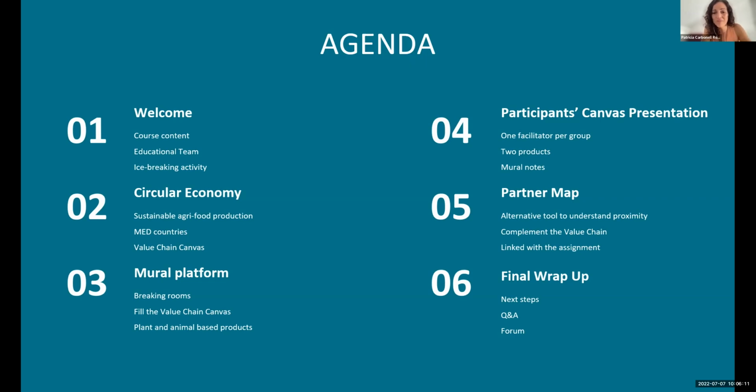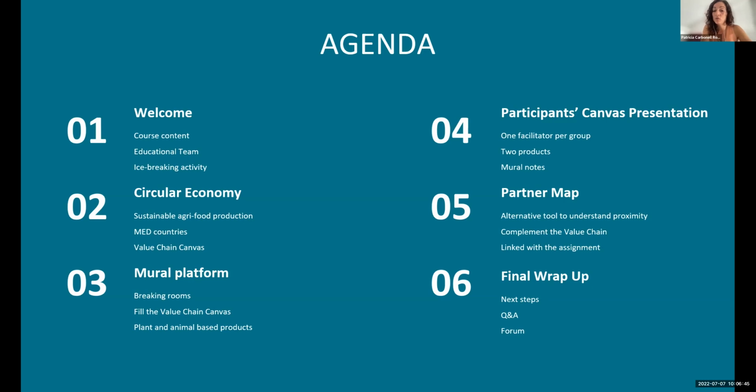So today we have an agenda that focuses on the circular economy context. It focuses on sustainability in the agri-food production, of course, tackling the Mediterranean region, the MED countries. We are using a tool that is called the Value Chain Canvas with our colleagues from Circonact, and we will be doing an interactive exercise for you to play and to discover how to use this tool with the Mural platform. So at the end of the course, you will present your presentations with Canva,